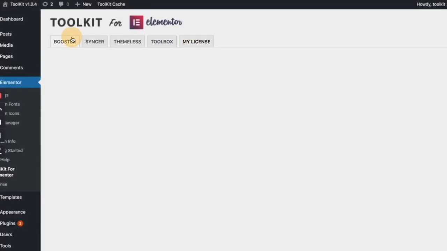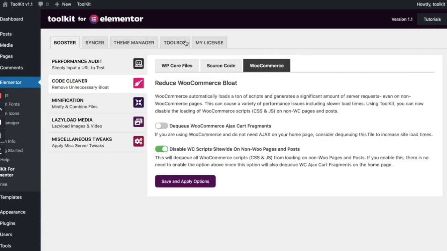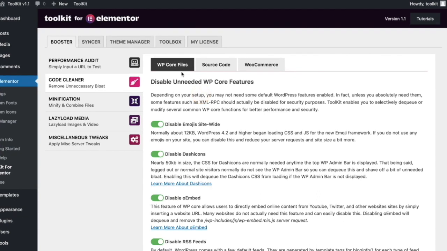So without further ado, let's go ahead and hop into the new version of ToolKit right here, which is version 1.1. And I think the first thing you guys will notice is a brand new UI. It's a little bit cleaner and more well organized, especially with all the new features that we've included in this version. Like the new code cleaner, where we have 3 new tabs that allow users to easily get rid of